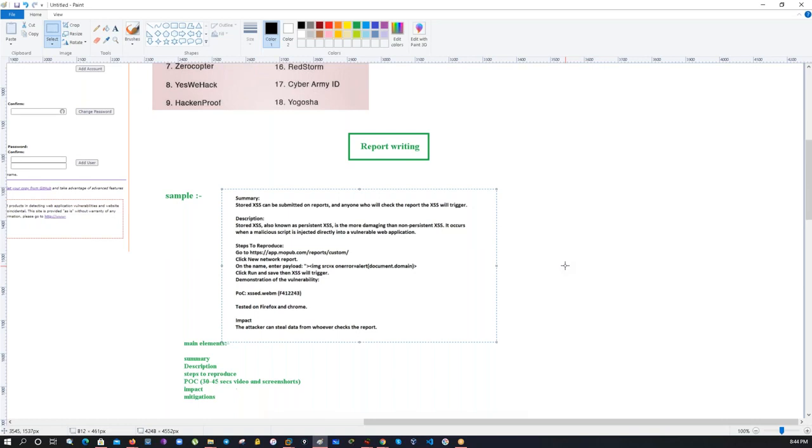All right. And finally, this is about submission of reports, and this is where you can find bug bounty programs and all. I hope you got the introduction to bug bounty, and you also got to